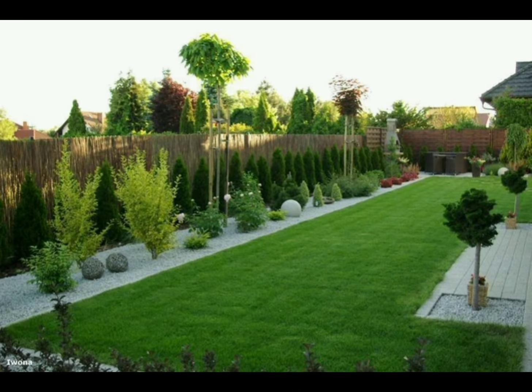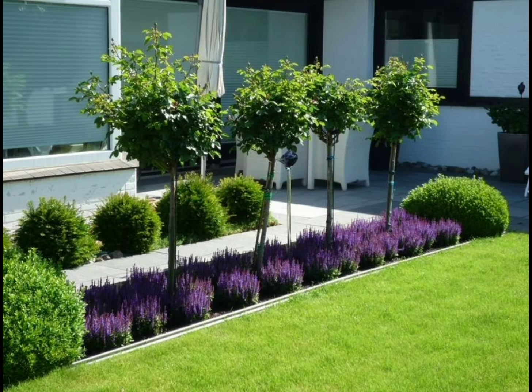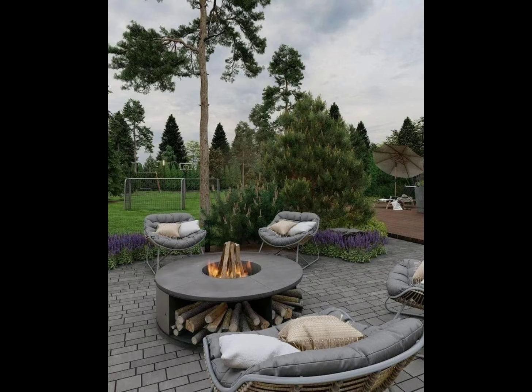Firstly, you need to define your goals, determine the purpose of your garden, whether it's for relaxation, entertaining, or growing plants. Site analysis is another aspect which you have to evaluate. Assess your garden's